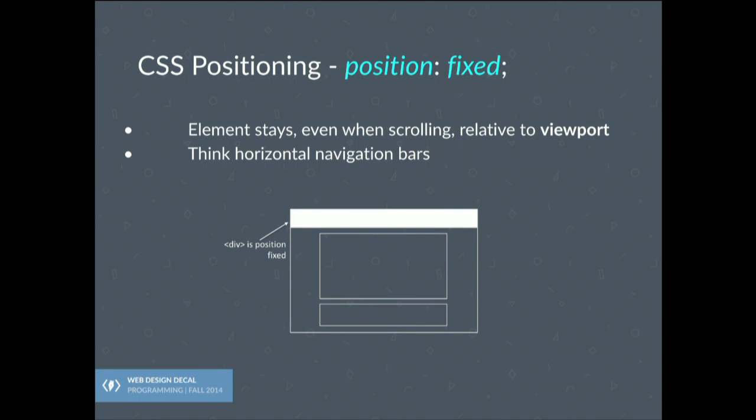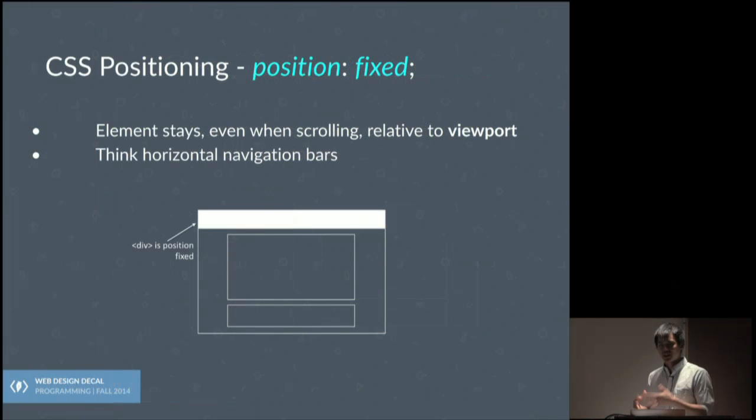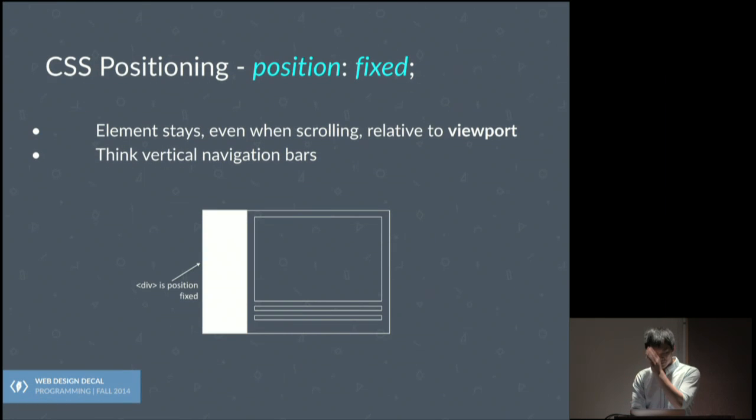Okay, so here we've got position fixed. It's rarely used, but if you ever wanted to have something stick to the page no matter what happens, so as you scroll, it's literally in the same place, say a navigation bar, for example, then that's what you would use to fix it there on the page. No matter where you scroll, it'll just stay there. The same goes for vertical navigation bars, I guess. But if anything, this is really simple to understand. It just stays there no matter how much you scroll or where you're on the page. It's relative to the whole viewport, not attached to any divs around it.